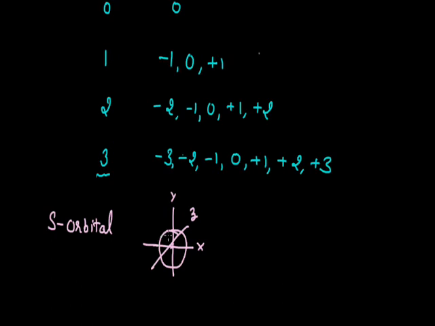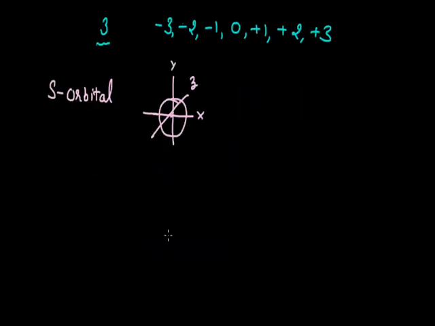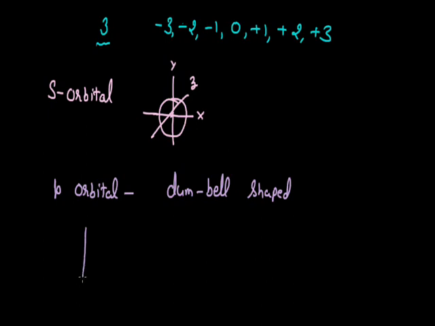Now let's move to the next orbital, that is the p orbital. This p orbital has a dumbbell shape, so it contains two lobes. Each p orbital contains two lobes, and according to the orientation of these lobes, like in which axis they are oriented, the p orbital can be divided into three types: px, py and pz. If these two lobes are oriented on the x-axis, like this one is the x-axis here, and these are the two lobes of this p orbital, then they are oriented here.